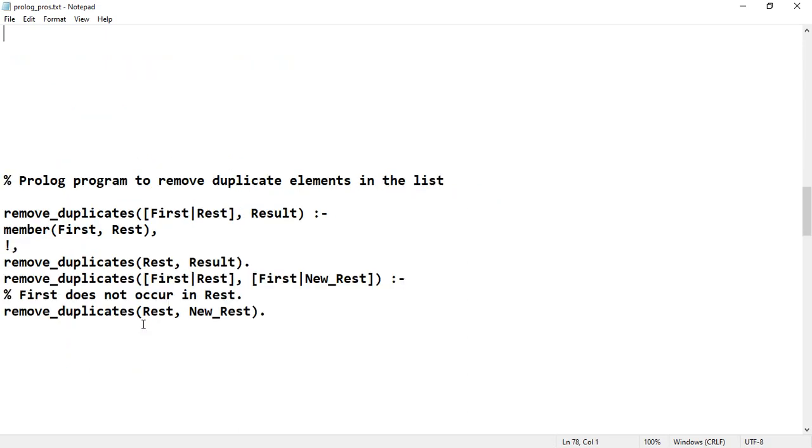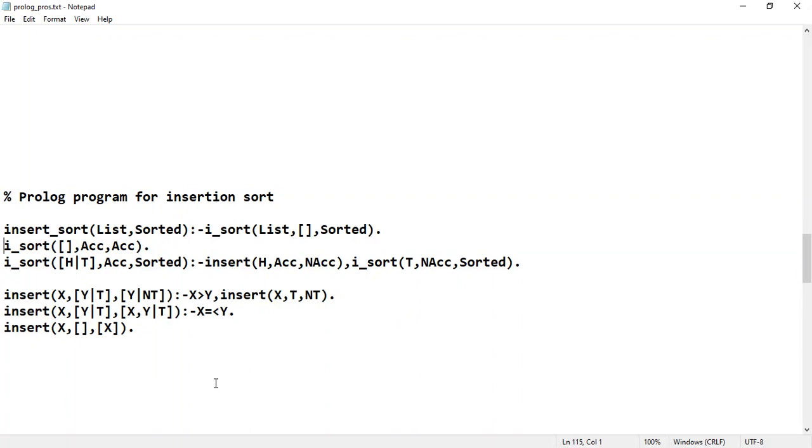However, just now we have seen this removing duplicates function in the lecture slides discussed here. Because of the introduction of the cut here, it avoids the unnecessary backtracking. This is the program which represents the insertion sort. insert_sort of list and sorted: i_sort of list, empty and sorted.